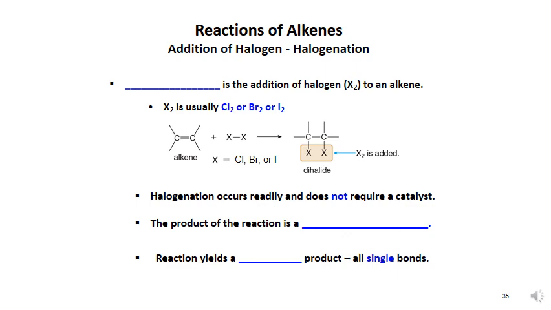Okay, so that's hydrogenation. Halogenation takes a halogen and adds on top. So halogenation adds an X and an X, with X being either chlorine, bromine, or iodine. This is easy to do. You don't need to try to hurry the reaction up. It happens simple. And it's called a dihalide,